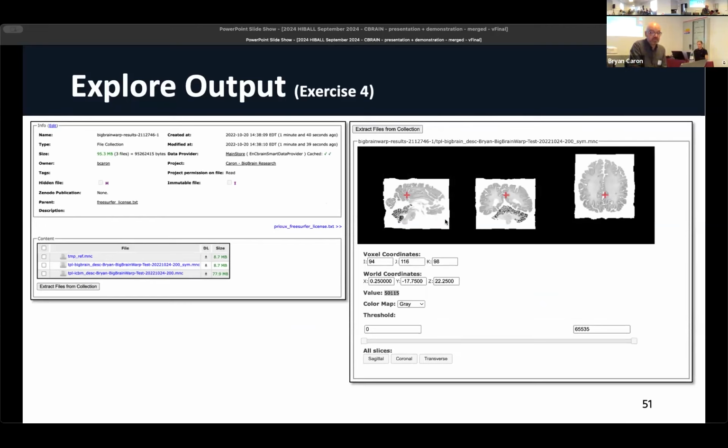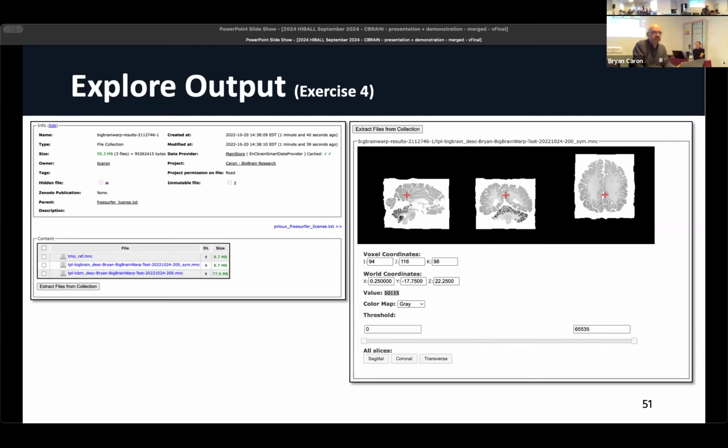And this is just an example of that particular one output. Of course, it's a very simple exercise in this case, but just to show you the end-to-end flow. And then one of the things that was mentioned before in terms of downloading files. So for example, if you wanted to download this output, you could do that. Or if you say, I only really cared about that particular file, you could do a checkbox beside any of those files, like the middle one, and you can say extract. It'll extract it as a singular file, and then you can download it from there. So there's lots of options and flexibility in terms of working with the output that's produced.